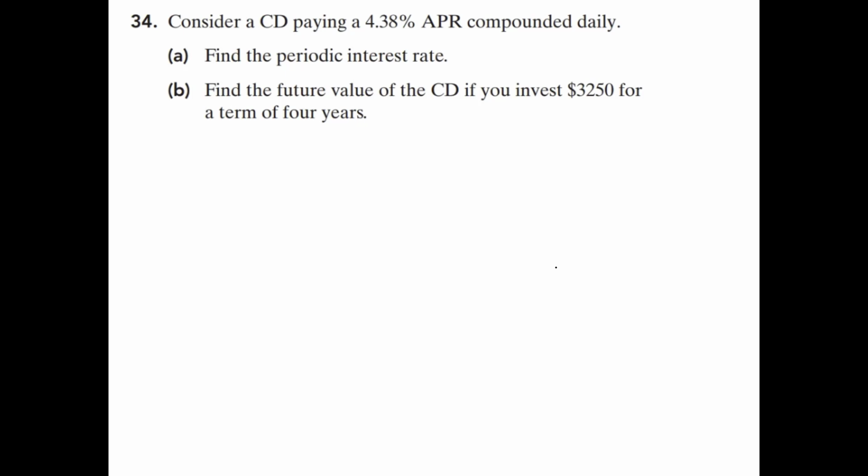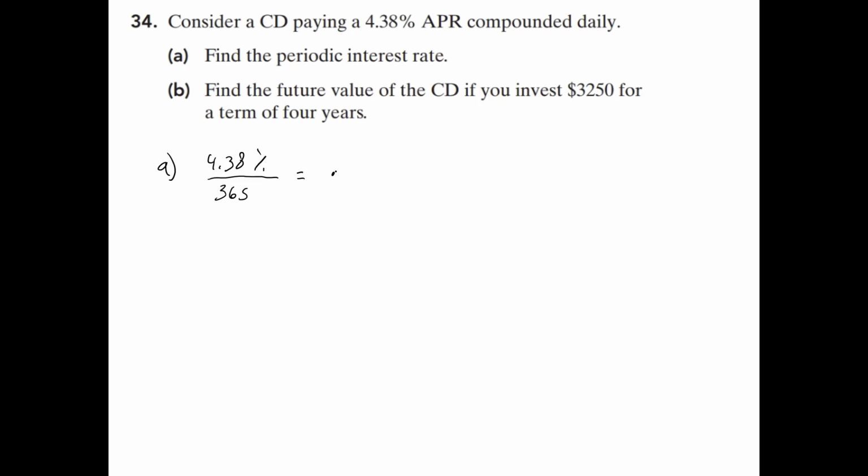Consider a CD paying 4.38% compounded daily. Find the periodic interest rate and find the future value of the CD if you invest $3,250 for a term of 4 years. Okay. So then for part A, you're going to do this every day, and there are 365 days in a year. So you're going to take your 4.38 and you're going to divide it by 365 to see how much you get every day. So 4.38 divided by 365 is